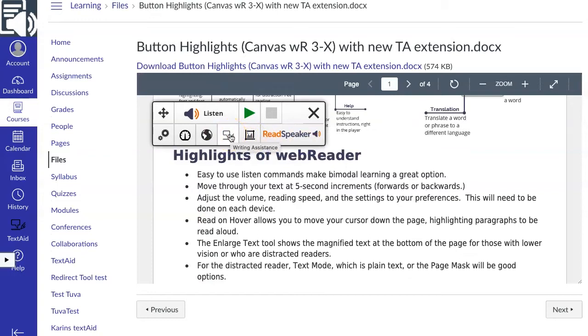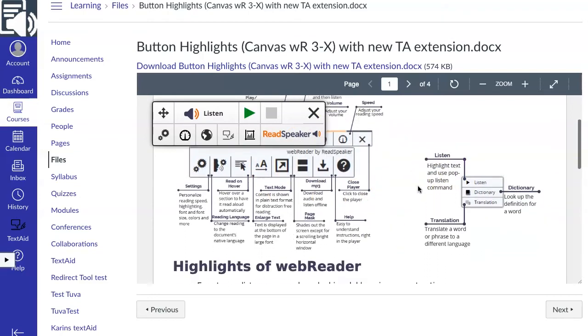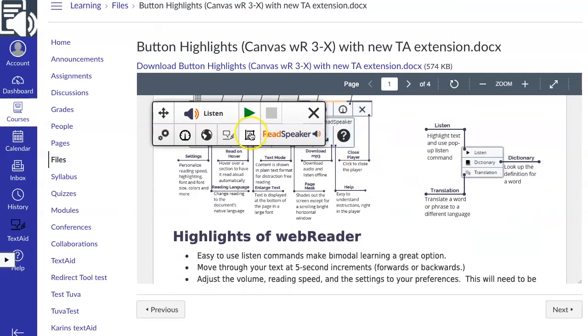If I was working in a Google document or a Word Online document, I could have it read to me as I type. But another piece of important information is the snapshot. And the snapshot OCRs the information that is typed on a picture. This is a document, and when I look at the different pieces here, they are all typed pieces of information.